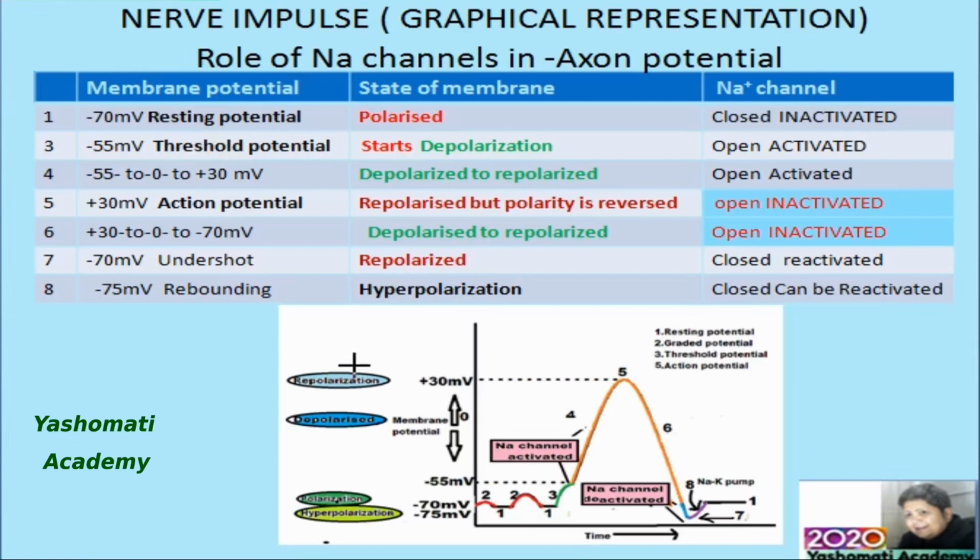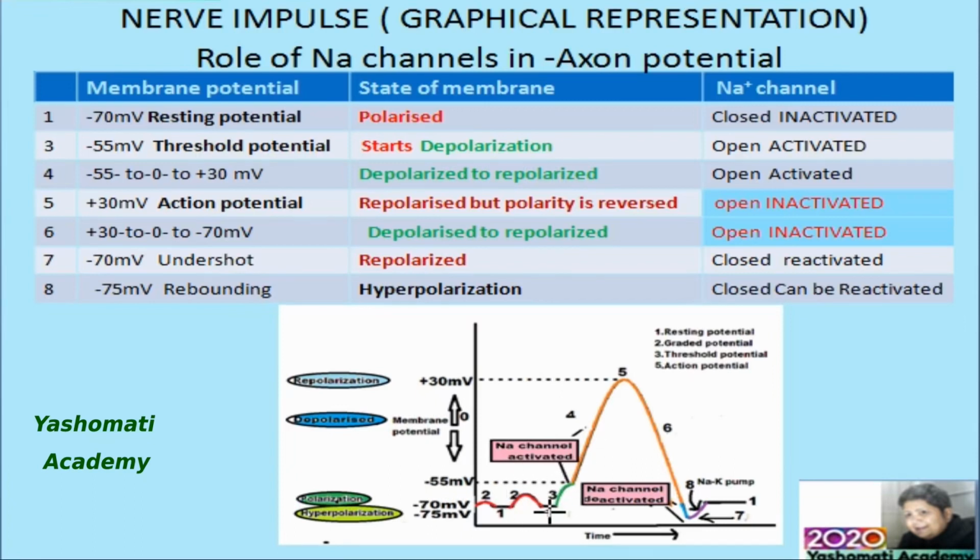Now, these 3 stages have been shown here. Stage 1 shows the membrane potential, or the resting potential. When the threshold potential is achieved, that is, the potential goes to minus 55 millivolt, then the neuron is fired. In between there may be graded potentials, which have been shown by 2. If there is some graded potential, then it will be reset to the resting stage. But if the potential difference goes up to minus 55 millivolt, then the neuron gets fired, and that is why it is called the threshold potential.